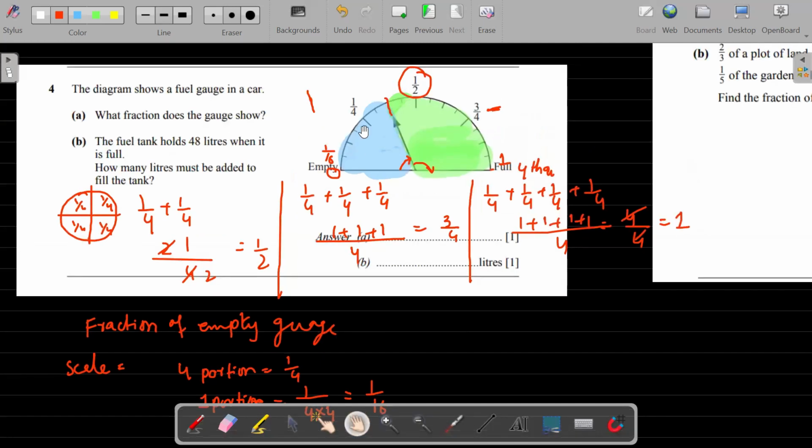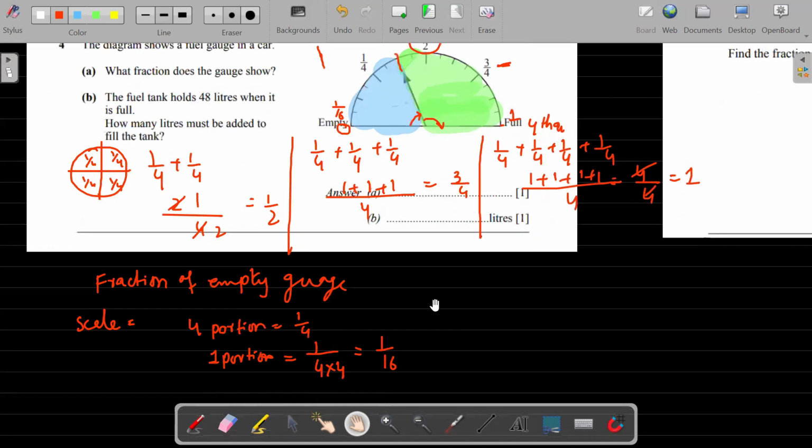अब देखो फातिमा, मुझे ग्राफ के अकॉर्डिंग ये पता चल रहा है कि इसने कवर किए हैं 1 2 3 4 5 6 पोर्शन, ठीक है। ये 6 पोर्शन एम्प्टी है, बाकी ये सारा फिल्ड है। तो 6 पोर्शन एम्प्टी है, ठीक है। अब मेरे पास 2 चॉइसेस है, या तो मैं 6 पोर्शन को मल्टीप्लाई कर दूं 1/16 से, ठीक है। मेरी बात समझ आई फातिमा? Yes, miss. और यहाँ पे मुझे पता है कि ये 4 पोर्शन की वैल्यू मेरे पास 1/4 है, तो मैं बाकी इन 2 पोर्शन की वैल्यू को ऐड अप करूँ, ठीक है।